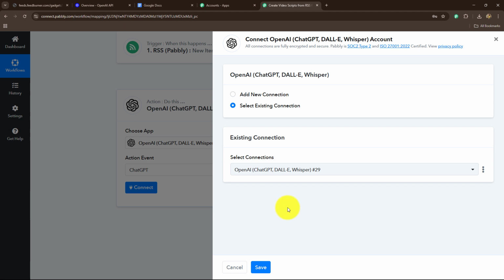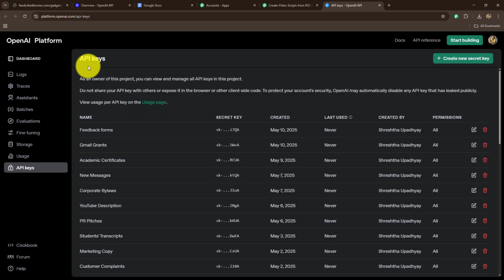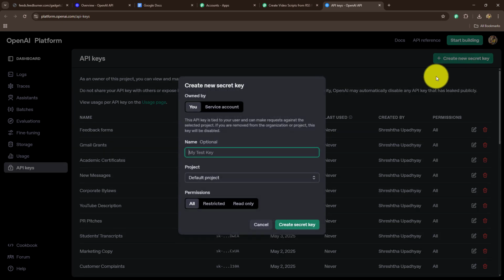Here we have two options, add new connection and select existing connection. If you already have an existing connection, you can quickly go with that. To create a new connection, click on add new connection and you need to enter the token. To get the token, just click on this hyperlink. It is going to take you to the API key page of the OpenAI platform. Here you're going to click on this create new secret key button. We have the details. So first of all, I'm going to provide, let's say,